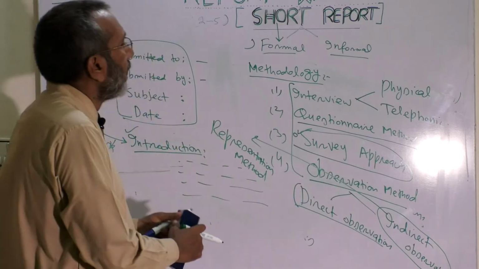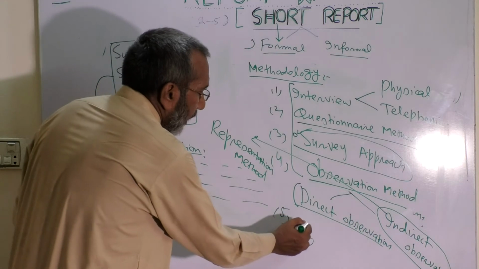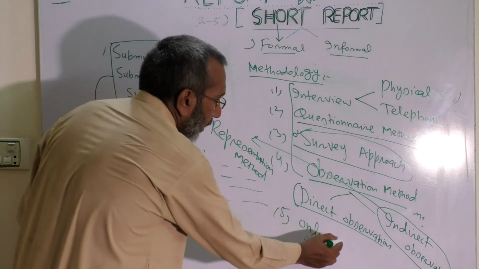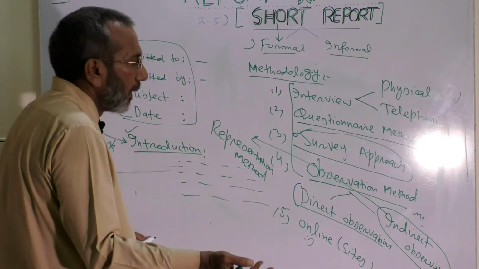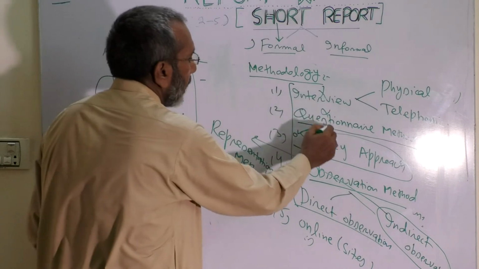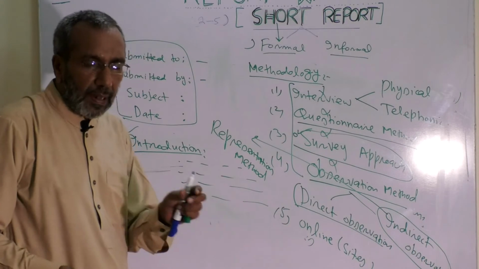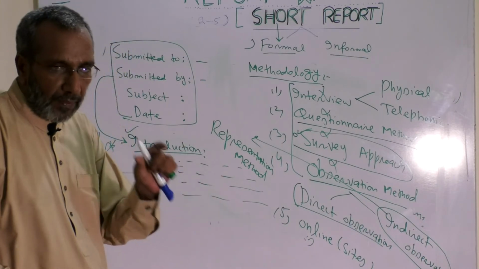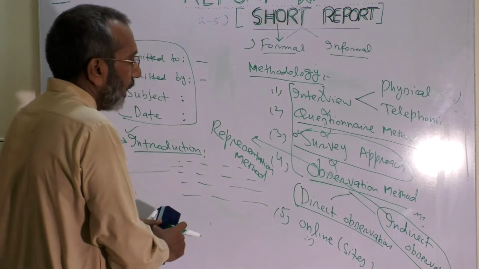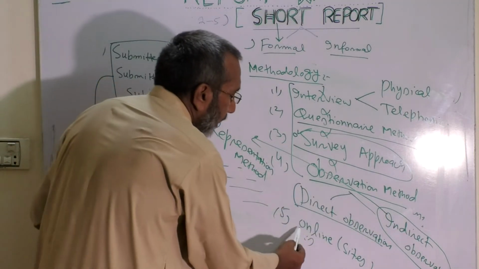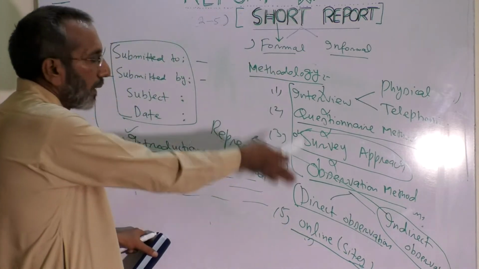It is possible that in some cases, if you work online, you collect data from different sites, different links. In that case, you won't make mention of even one of these. In methodology, you will just mention what you have taken resort to, what you have actually practically done. Suppose I say, to collect this report, we did nothing, we just visited different sites, different links, hyperlinks, and we collected all this.